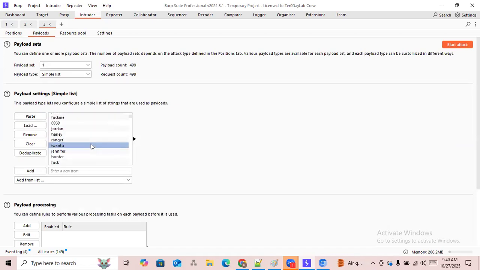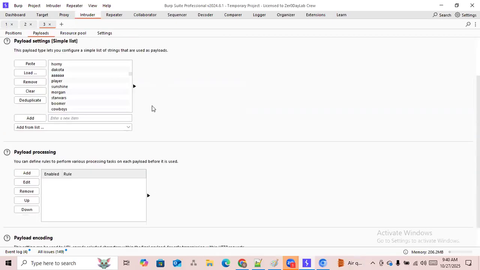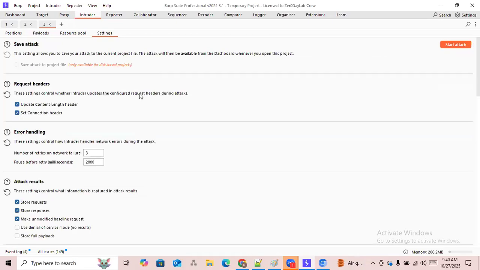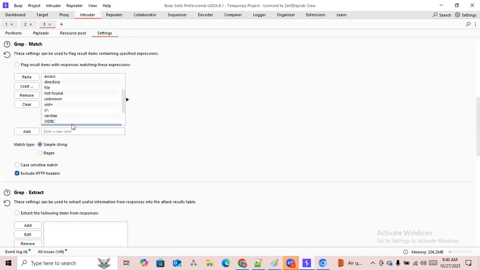Paste it, we have copied from there, but somehow we will also enter admin, because you should know the difference. Now it will become 500 requests. Okay, grep response as well, and there is a resource pool, settings, tag issues, matching. Okay, grep match is nothing but we can set it when we get the right password, because